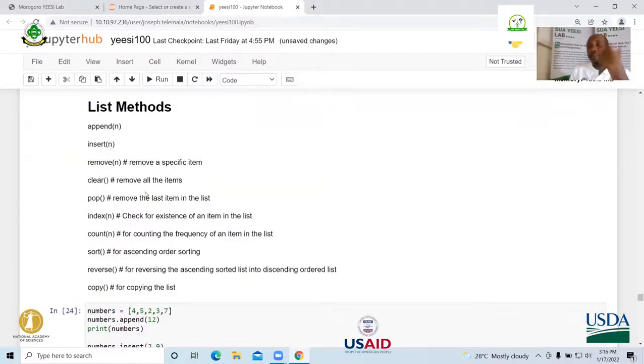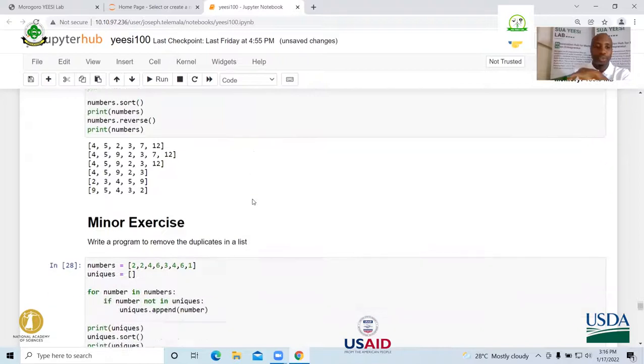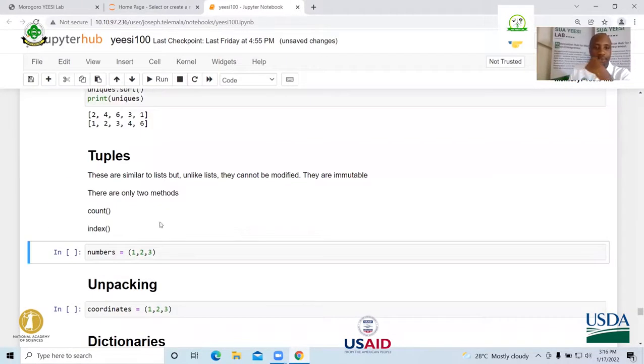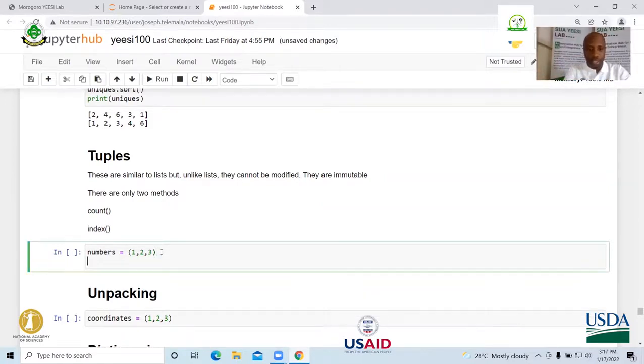There are only a quite limited number of methods. Here we had a lot of them, you can append, but because you don't want to modify, you are not allowed to append, insert, remove, pop, and so forth. What you can do is, I think there are only a few methods like counting and indexing. That's it, getting the index of a particular item. So you may just want to count, or you can print